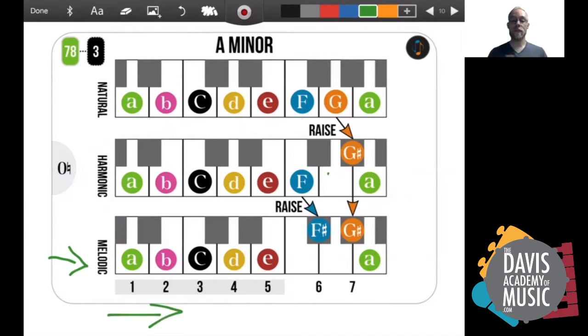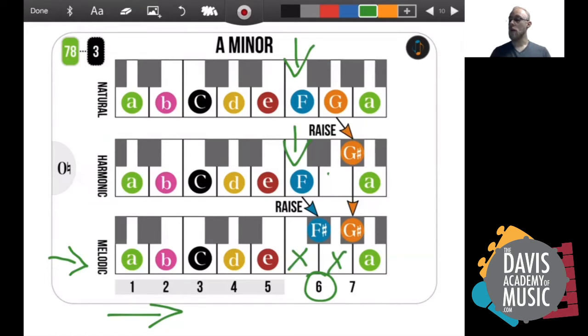As we're going up the scale, typically we take the harmonic minor scale and we raise the 6th scale degree. So normally our note for our 6th scale degree was F, but in our melodic minor scale, and only in the melodic minor scale, it's going to become F sharp. And again, we're not going to play F, and we're not going to play G, because that would create a 9-note scale. So instead, we're going to play F sharp,